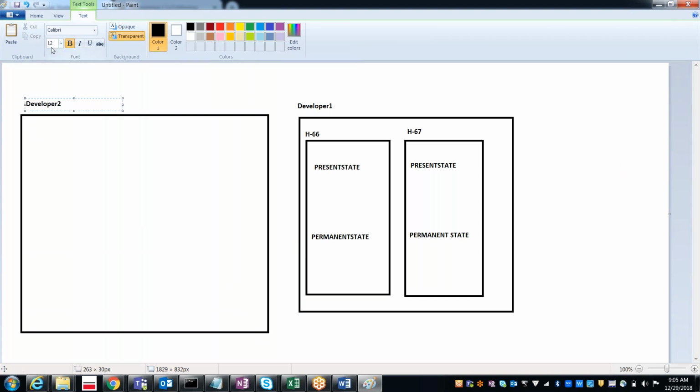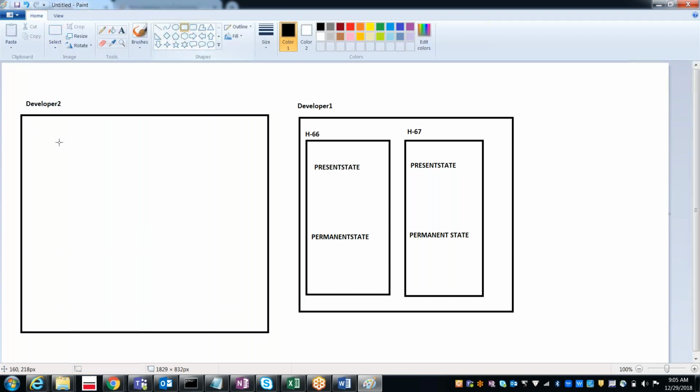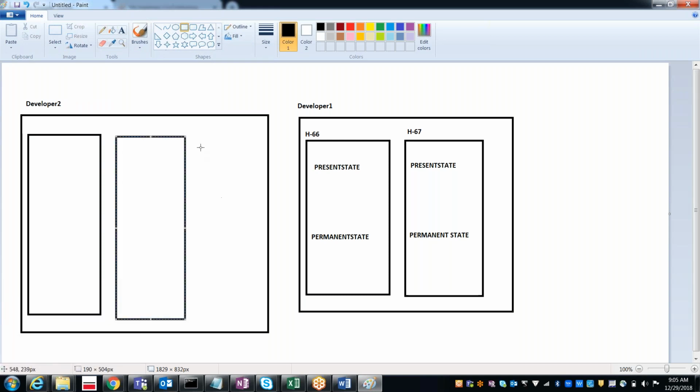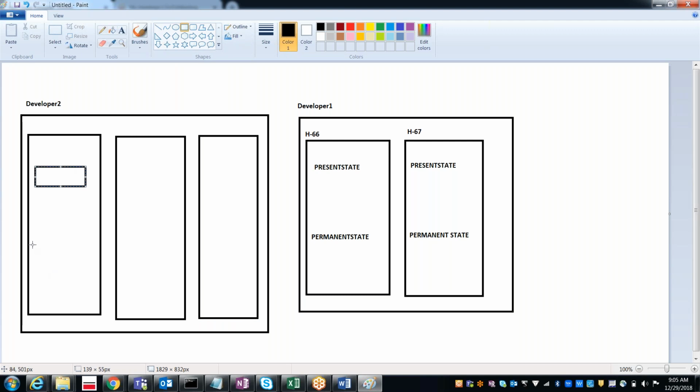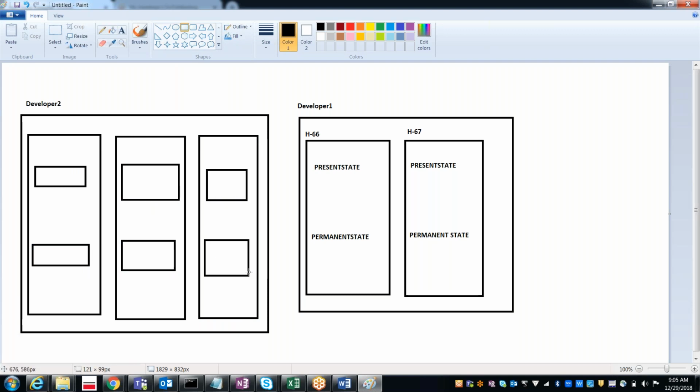Developer 2 created around 3 work objects, and each work object contains again 2 times this drop down. So if you use node, how many times will it call? Only once. Exactly. Even if many developers are logged in, it will still call only once.